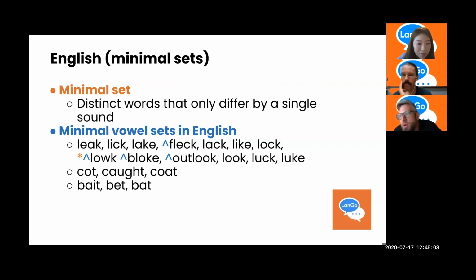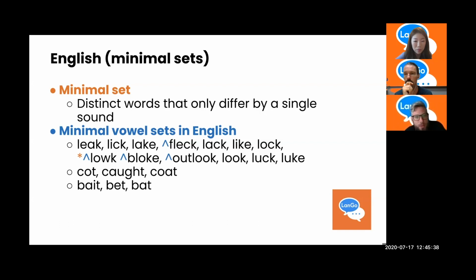And now we've gotten most of the vowels of English. If you are watching, you can count it up and see how many there are, but we'll look at it again in a second and tell you the total. And you need to then note that bet and fleck, those are the same vowel. Yes, bet and fleck are the same vowel. Because we didn't have lek as a word, I've shown that bet exists in distinction to bait and bat. So we have lake and lack and lek, but lek is not a word. We have bait and bet and bat showing the same pattern, and they all three have different meanings, thus must be phonemically distinct.